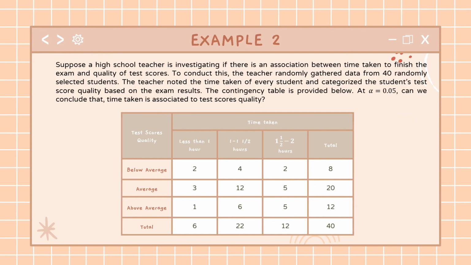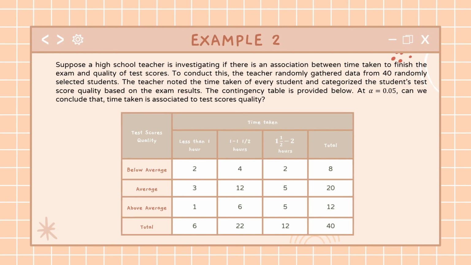This one, mag-hypothesis test tayo. So suppose a high school teacher is investigating if there is an association between time taken to finish the exam and quality of test scores. To conduct this, the teacher randomly gathered data from 40 randomly selected students. The teacher noted the time taken for every student and categorized the student's test score quality based on the exam results. And ito yung contingency